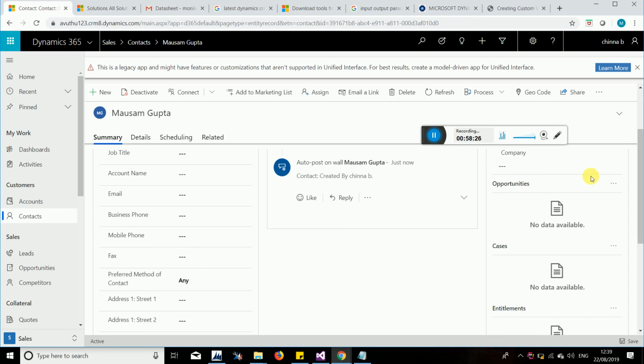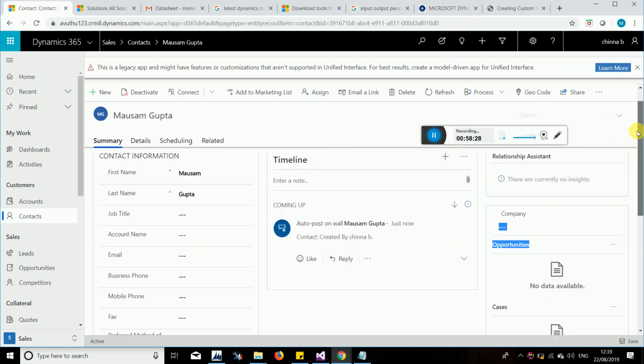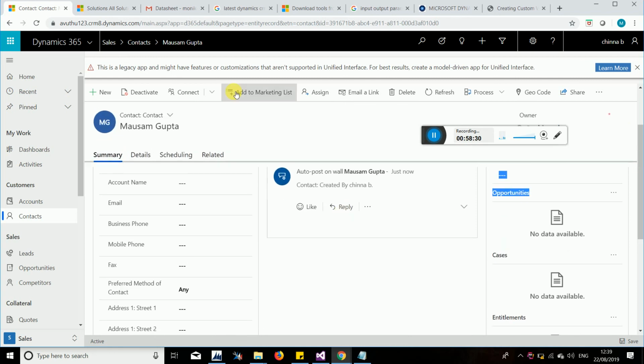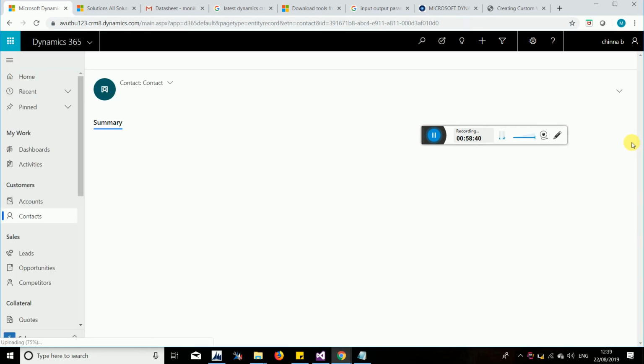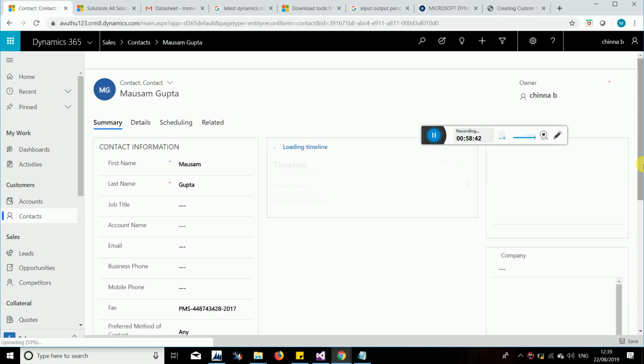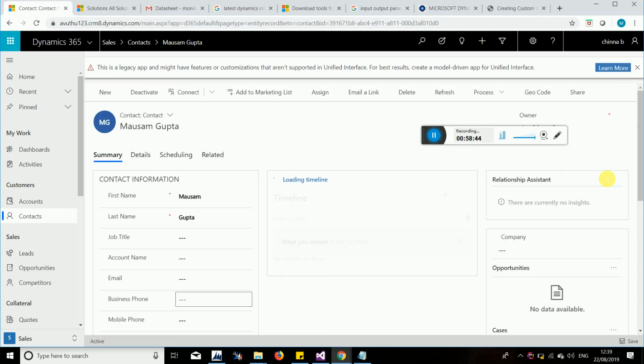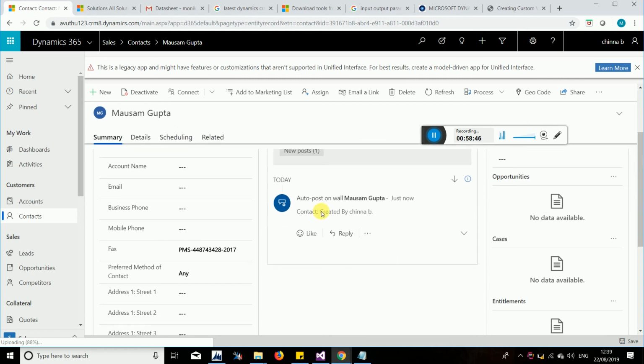What happened now? See, it came. Maybe it is not converted, or after activating we have not saved it. We need to save it. Understood? This is PMS 2017, what we have given as an input.